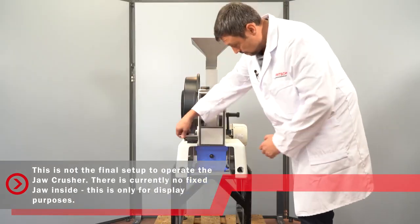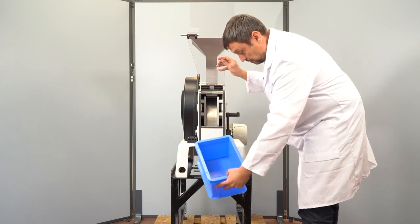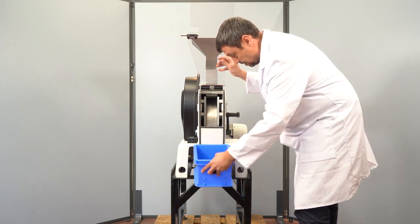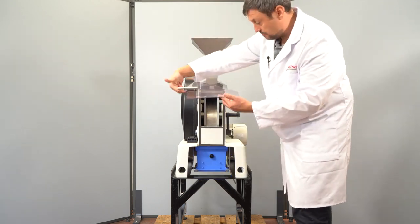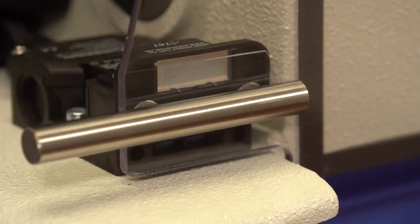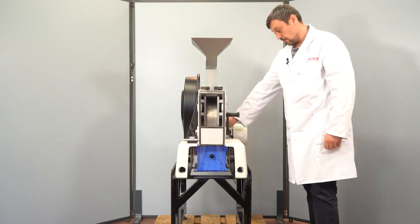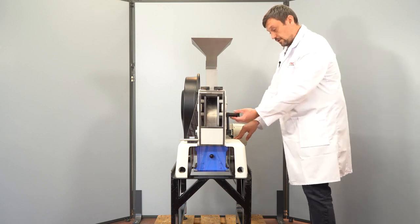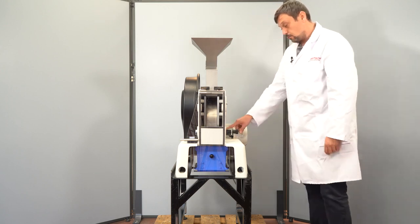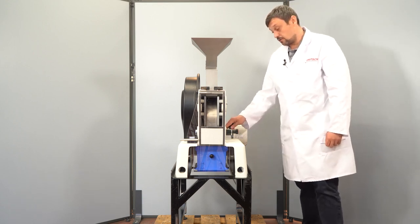We have the collecting vessel for the grinded sample in here. We have a safety switch here and we cannot run the instrument without closing the safety switch. We have then here the adjustment for the gaps, and we have also here the possibility to change the grinding